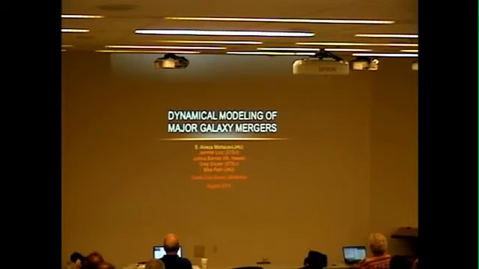So we are trying to dynamically model galaxy mergers because we want to know the initial conditions of these galaxies before they started to merge, like the orbital parameters. If we can get the distribution of these orbital parameters for a sample of galaxy mergers, we can compare it with the orbital parameters of dark matter halo mergers from cosmological simulations. This shows the distribution of